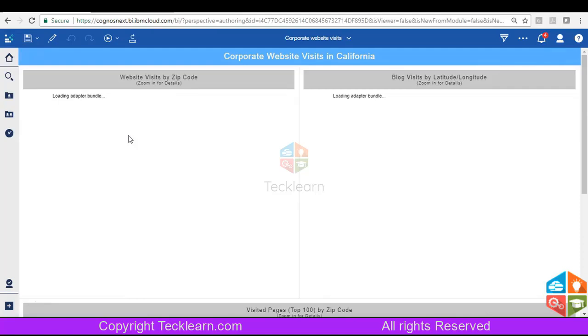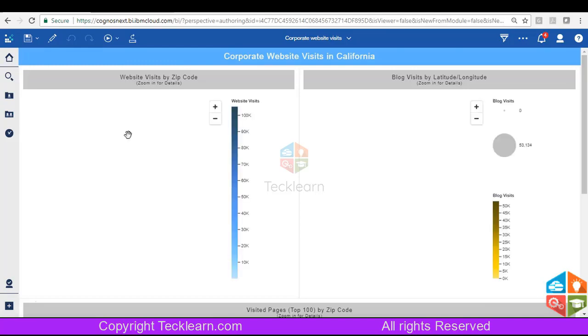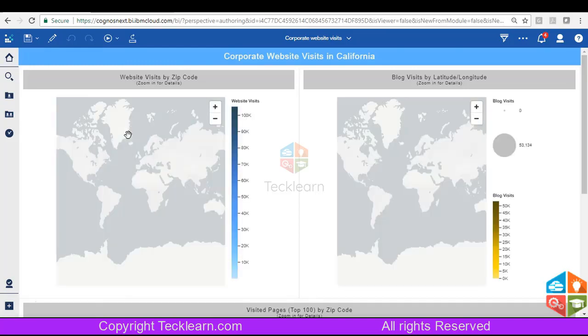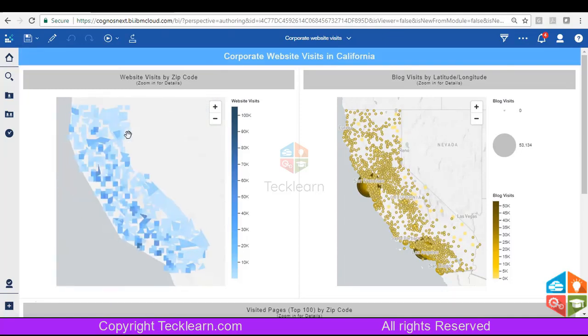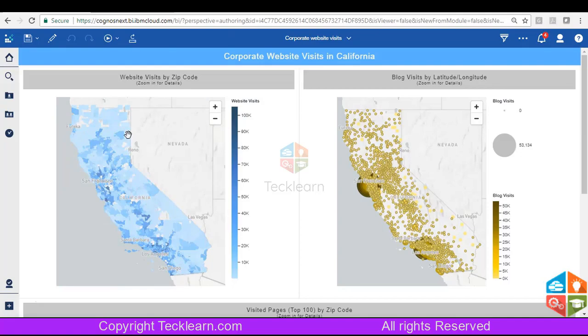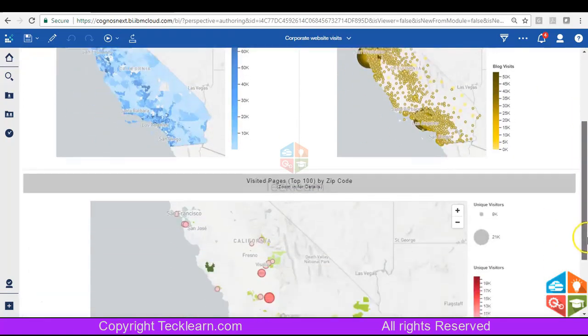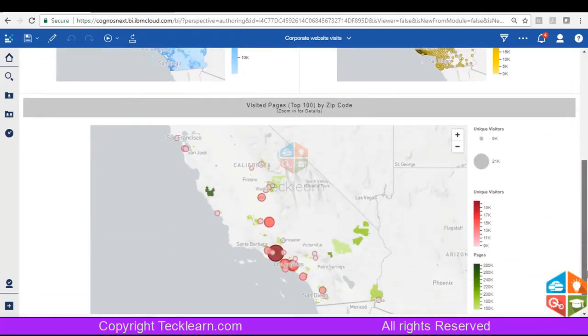In this report, I am actually going to show you the map visualization. That's why I chose this report. As I already told you, Cognos Analytics supports map visualizations. It is directly a visualization created, not through any kind of map manager and all. So we have a visualization for a map. If you have a geographical field in your data, you would be able to create this kind of map visualization. And this is a report which was created using Cognos Analytics.